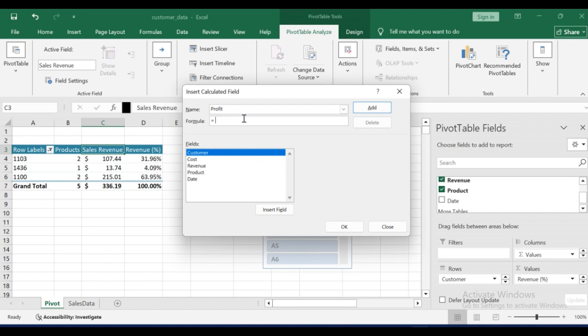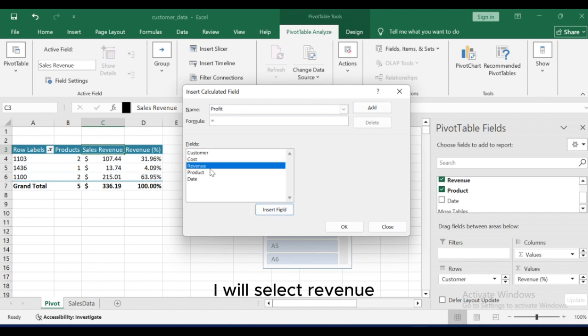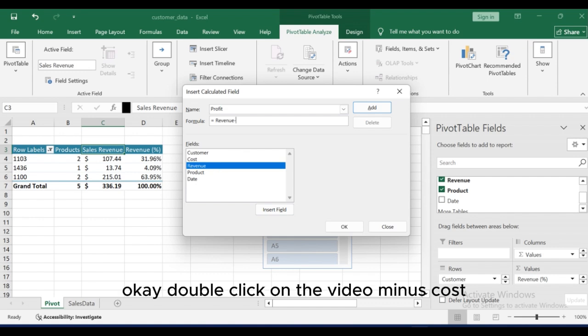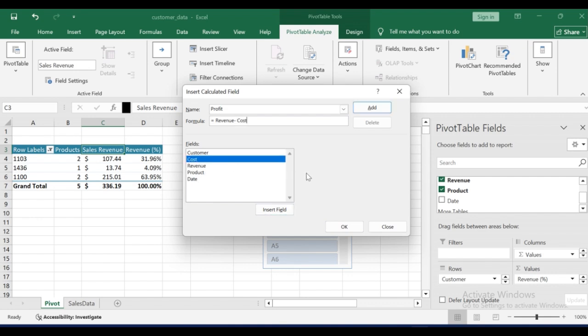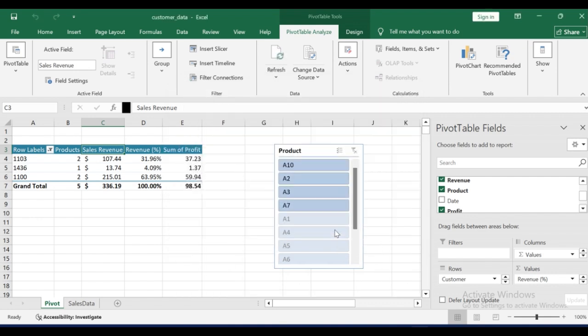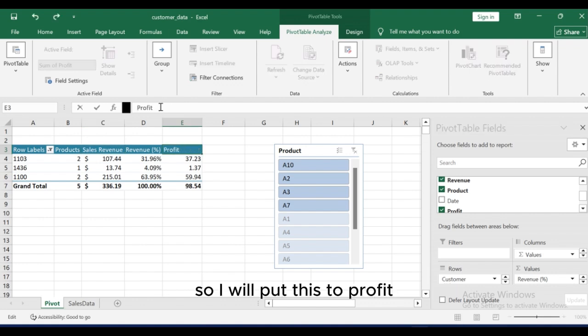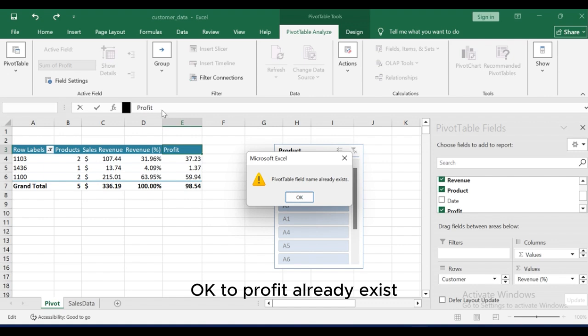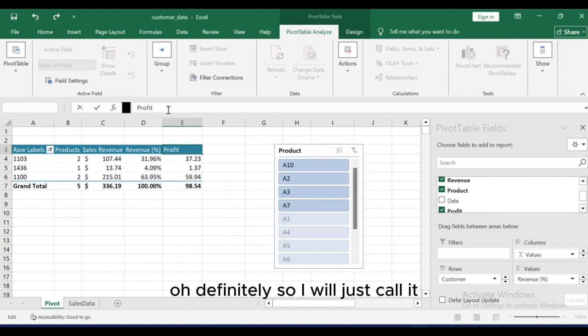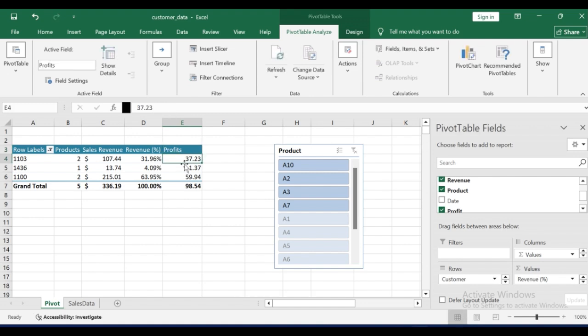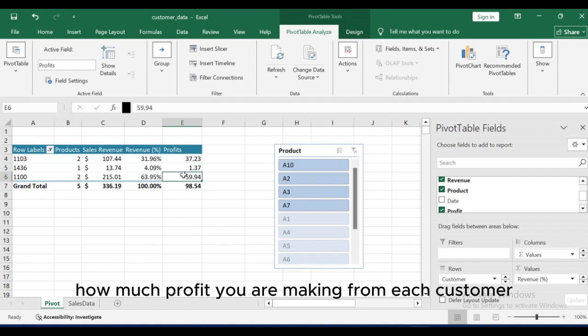To the formula, I will select revenue. Okay, double click on revenue minus cost. I'll also double click on cost. Alright, and then I'll click OK. So you would see that this is called sum of profits. So I will edit it to profits. Okay, so profit already exists. Oh, definitely. So I'll just call it profits. All right. So here you will now see at a view how much profit you are making from each